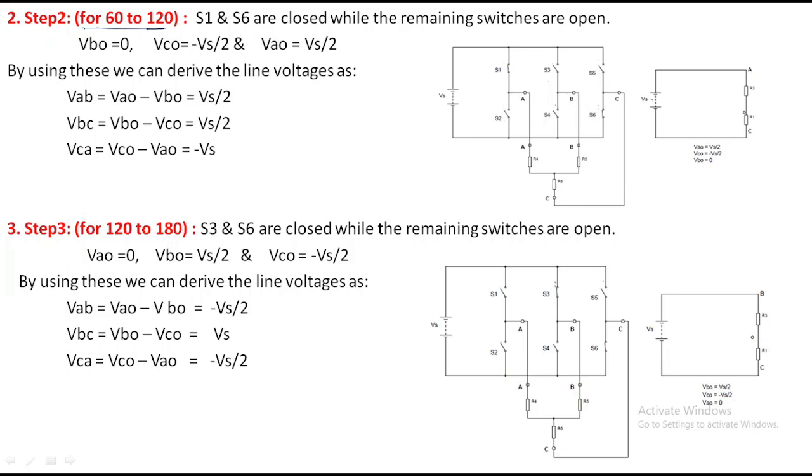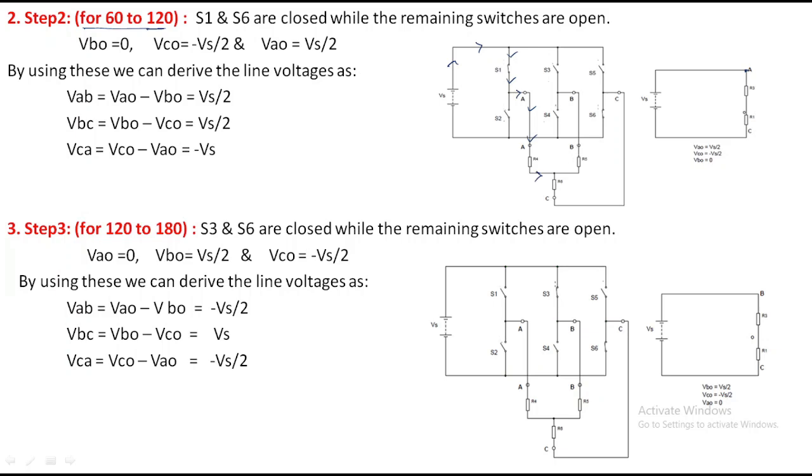From this we can draw the circuit from Vs. A will be short circuited, so it is directly connected to A, and we have a resistor. From this the current will flow like this. Look at this current. From Vs the current flows in this manner. There is no current flow through these because they are all open. The current is flowing from A.